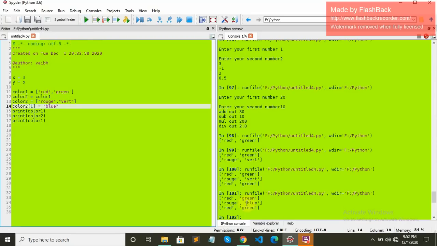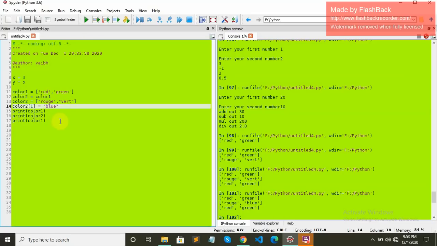It is blue there. You can also iterate it like that. So let's have a slice operator now. And now this is the shallow copy that we have talked about. Now we're going to look at deep copy.